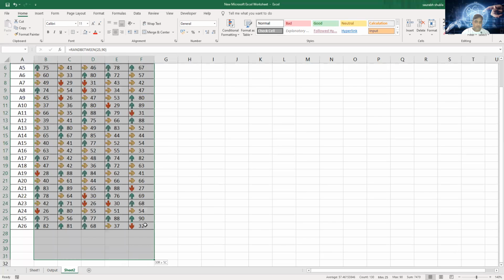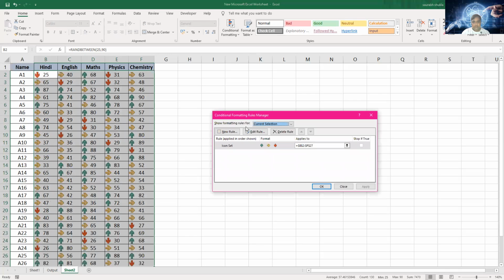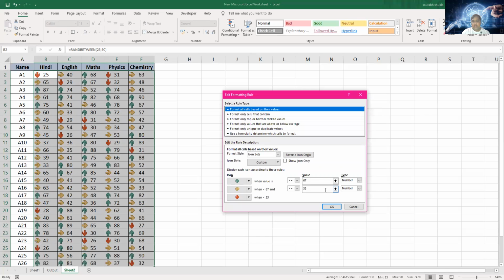Let's say I select this particular range, go back there and say manage rules, edit rule. So you can change that as well. Let's say I want to change it to 60, because in our time 60% was the first division. So I'm saying this is the first division number, and then 60 to 45 is the second class,